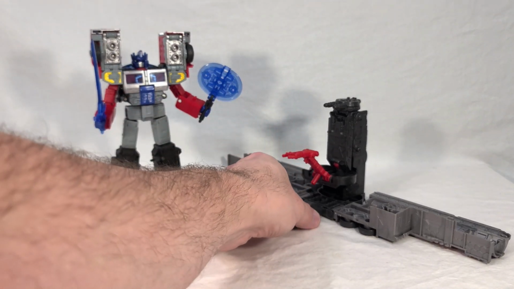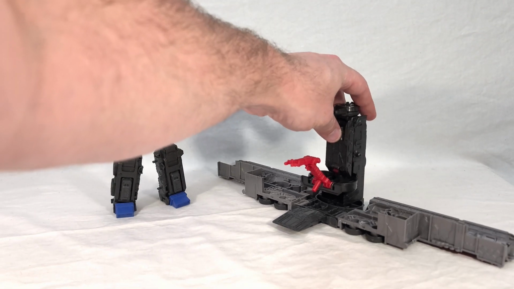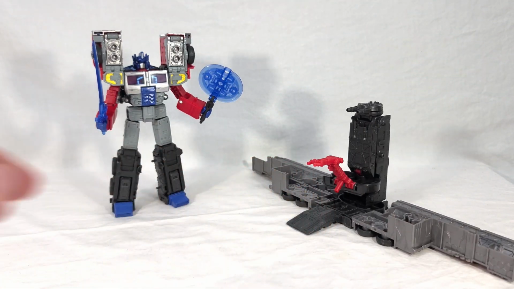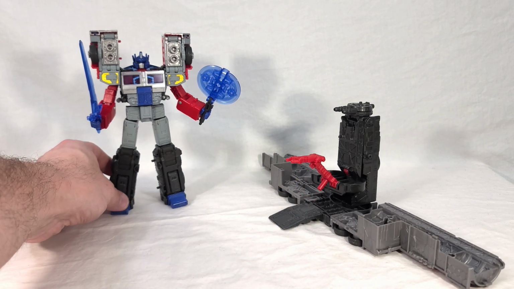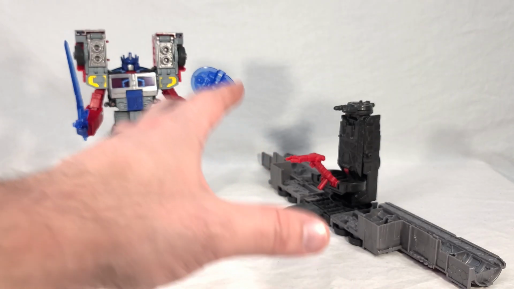There's no detail, right? There's no paint on the inside of this. It's all just flat plastic colors. Really, it just feels so cheap. It's so hollow. And we had a similar issue with the Earthrise Optimus Prime, the G1 based one, where his trailer was really dinky compared to the original. But as lacking as that one was compared to its original 80s incarnation, this one is far worse,